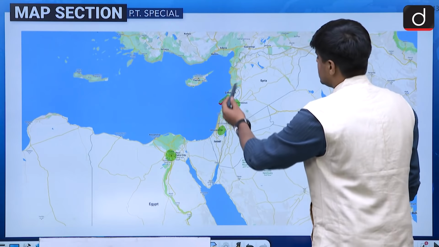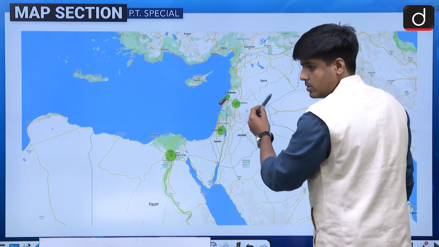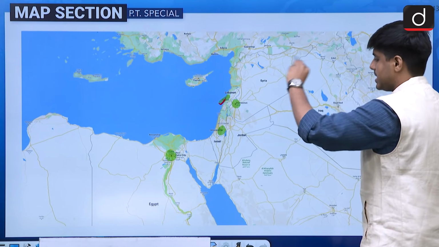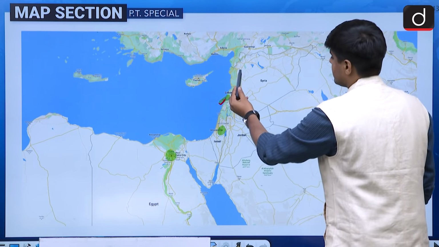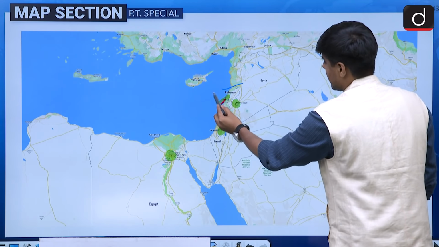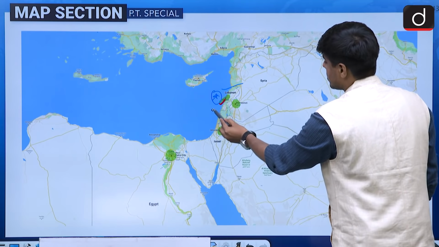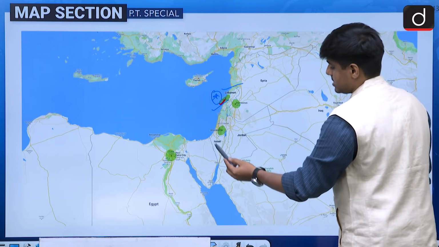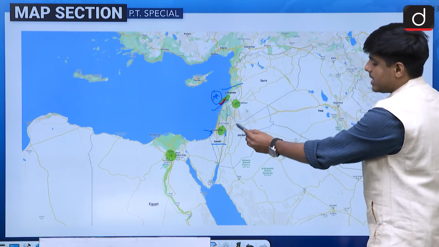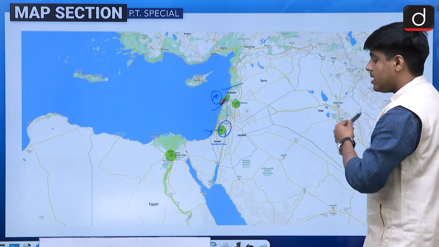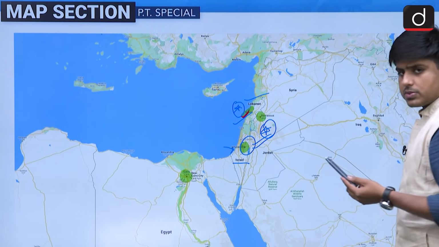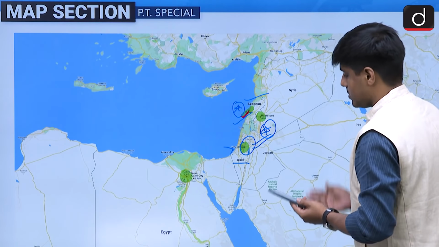So, moving ahead. If you look at the countries whose options have been given, this is the Middle East area, what has been called the Middle East from the global perspective dominated by US foreign policy. So, Lebanon, its capital is Beirut and it is located on the coast of the Mediterranean Sea. Israel is also a country which touches the Mediterranean Sea, but its capital, Jerusalem, is located at the other end. Jerusalem was also in the news for various reasons, primarily because the US was thinking of shifting its consulate to Jerusalem.